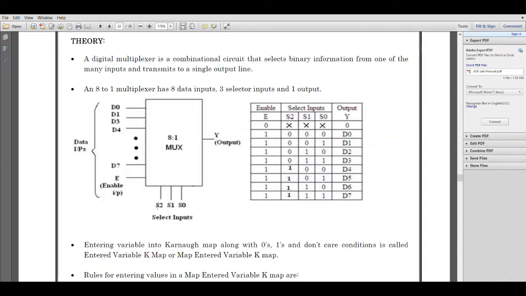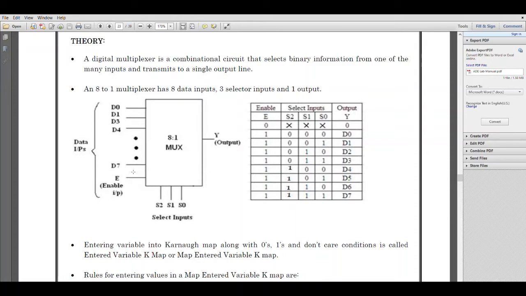In addition to that, I'm having one more input pin, which is called the enable input. This enable input is an input which basically enables my 8:1 multiplexer. What I mean to say is, if any of the data has to be selected from the given data by these selector inputs, my enable input has to be on, or my enable input should be high. Once the enable input is on, my 8:1 multiplexer can function properly.